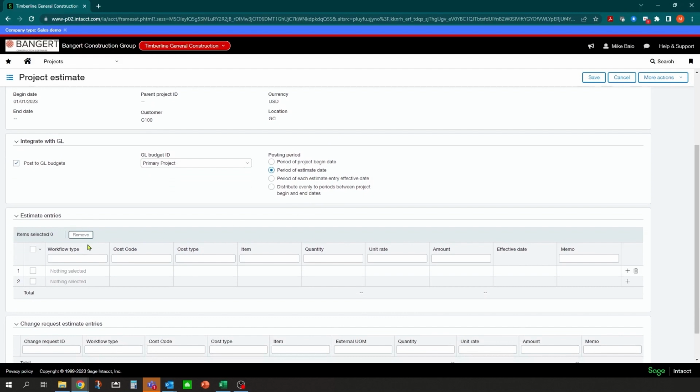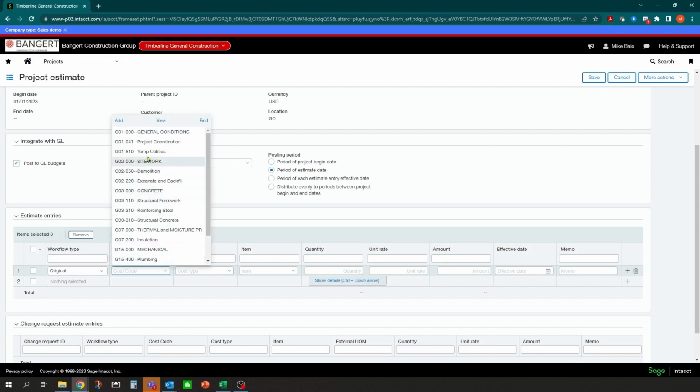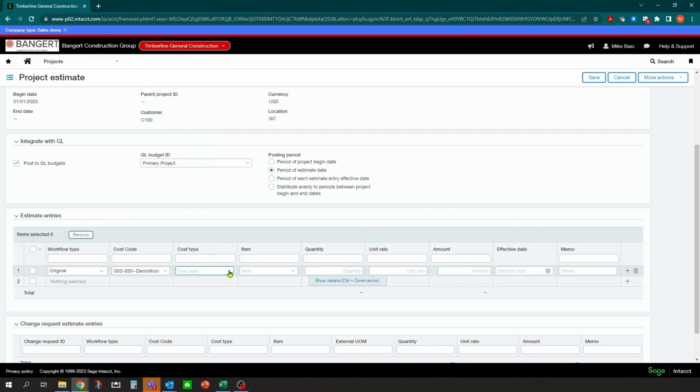Then, for simple manual budget entry, you can come down into the estimate entries section and key in your budget manually. You have what's called workflow type. This is an original estimate. So we're going to come in here, and you would just go through and select your cost codes. Let's say, for example, demo, and your cost types.